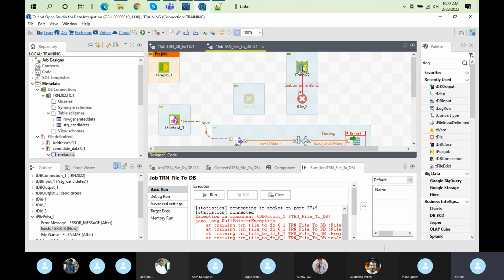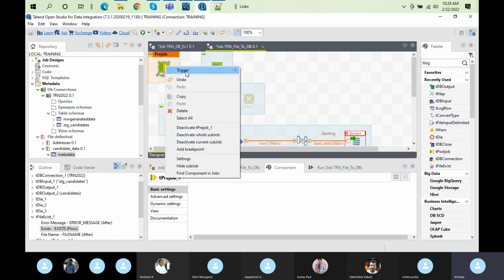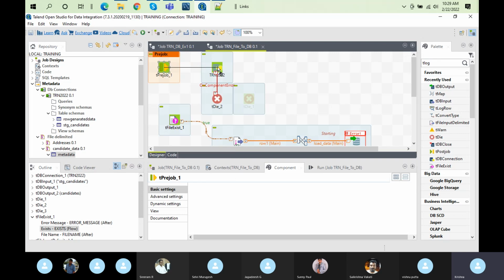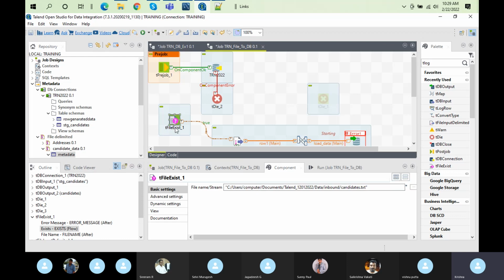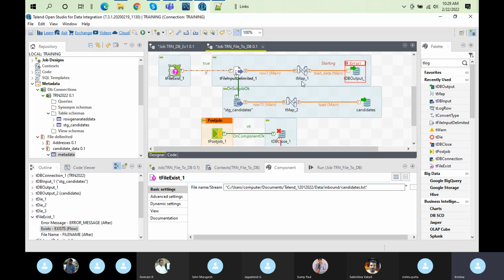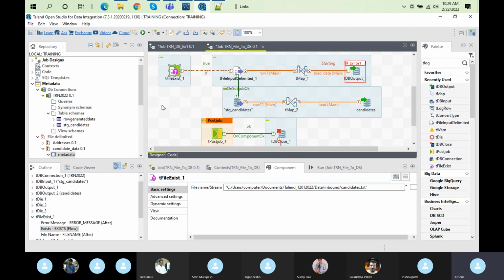This kind of design is going to be a little confusing, but when you start practicing and designing jobs, think of all the directions in which we can make our job more flexible to perform any actions on your main flow. Now what will happen is, it is going to establish a connection whether the file exists or not, that doesn't matter. But your main flow is going to start only when the file exists. I'm going to remove the file again, and to make a log for this also, I'm going to have